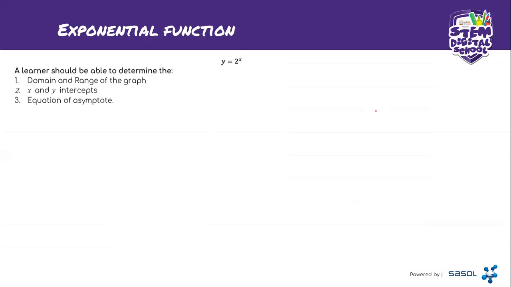Exponential function. Under exponential function, a learner must be able to determine the domain and the range, as well as the x and y-intercept and the equation of the asymptote. Now listen to the third one, the equation of asymptote, because for exponential we are dealing with one asymptote, unlike hyperbolic where we have two asymptotes, right? So please don't confuse that. Then let's see how we determine the domain and the range for this